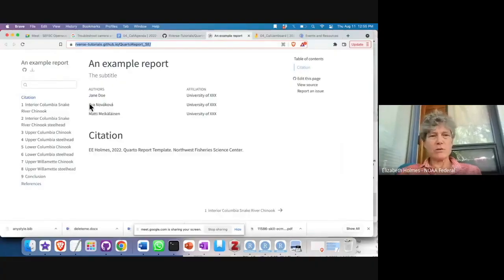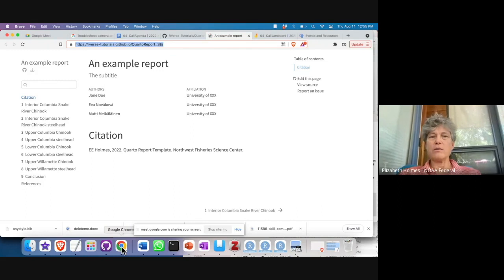So we're going to be using this report that I have created using Quarto. And what we're going to do first is I will walk you through how collaborating on a report might look if you had that report on